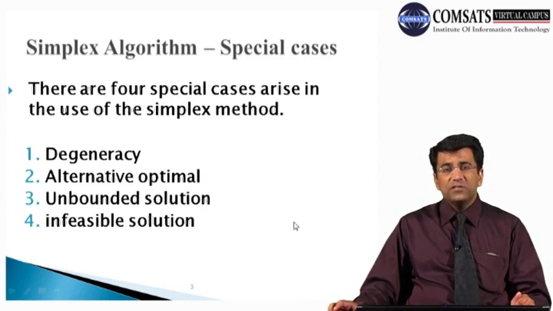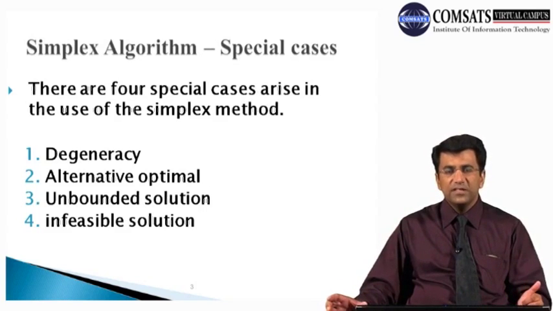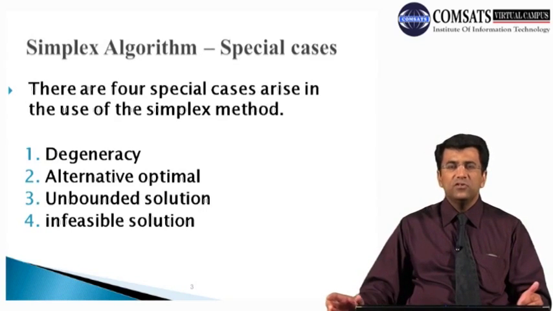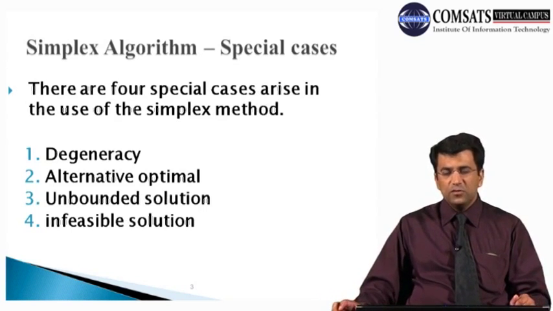So in that particular case we will not be able to solve that particular problem by using this simplex method. So this sort of problem is sometimes referred to as unbounded solution. We call it unbounded because the solution space of one variable goes to infinity and its values go to infinity, and the value of one of your non-basic variables becomes zero. So this sort of situation is sometimes referred to as unbounded solution.